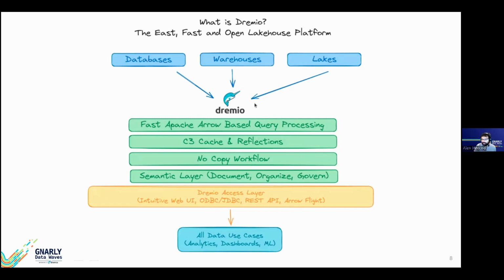On top of it, it can also pretty much supplant the need for many different types of pipelines, because you don't need to make the extra copies. You can make multiple reflections that are optimized along different dimensions, so different types of queries will always find the best way to execute. On top of that, Dremio uses cost-based query optimization and all sorts of other strategies, and has a